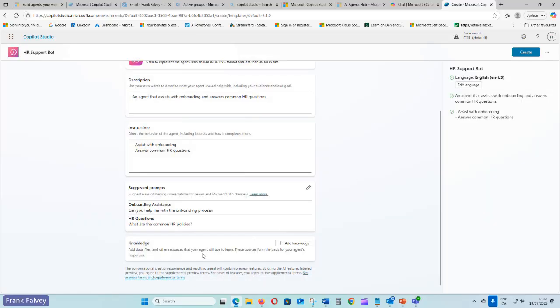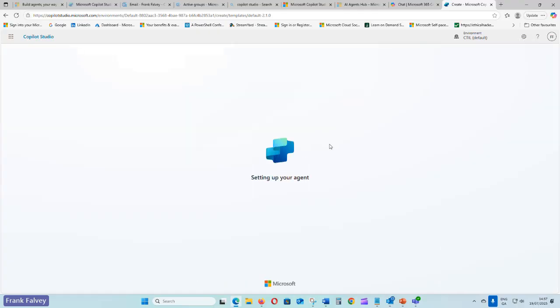Okay, add knowledge sources, basic agents. So what I'm going to do over here, I'm just going to create this agent, hit the create button. And once you have these created, you can actually add stuff to them afterwards and you can remove stuff.